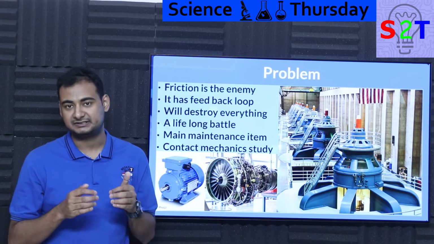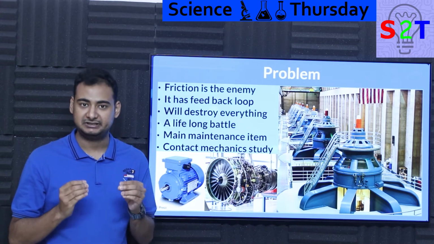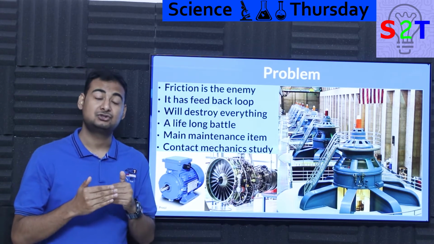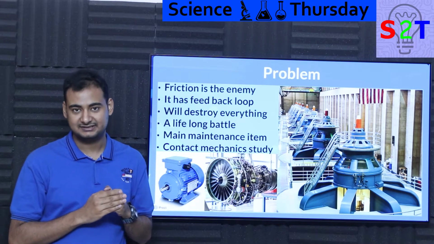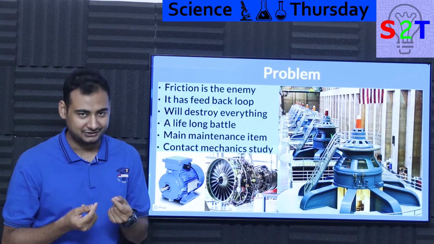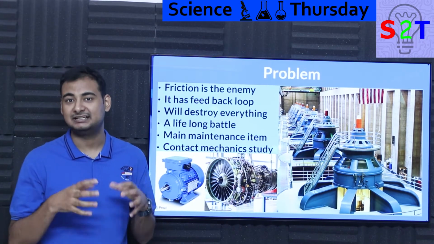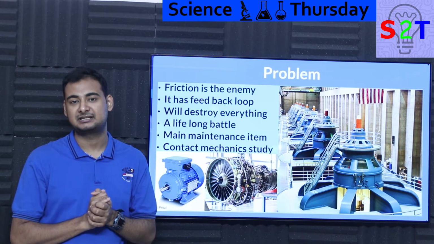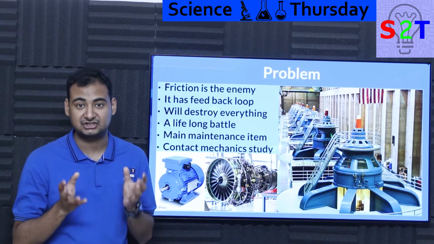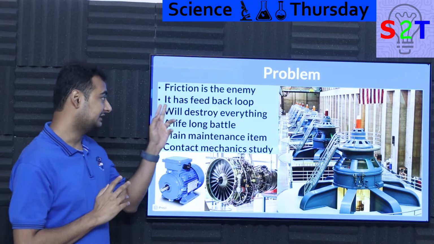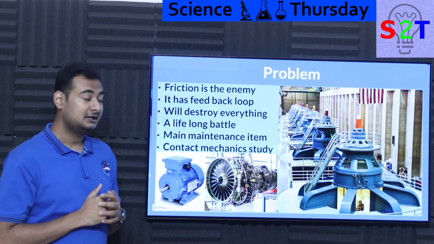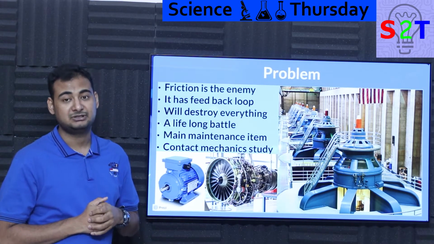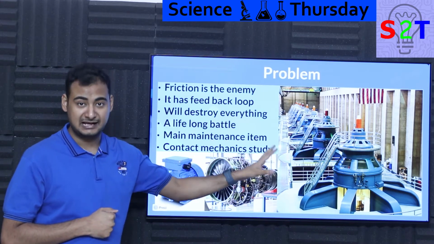Now the moment it starts to heat up, the main shaft starts to heat up, it expands a bit. That puts more pressure on the system, and that causes even more friction, which expands it even more, and then it can literally end up in a scenario where it seizes up simply because of the frictional heating. So that's the whole point. It has a feedback loop, and in some cases the friction can be so devastating that whole dams can be destroyed